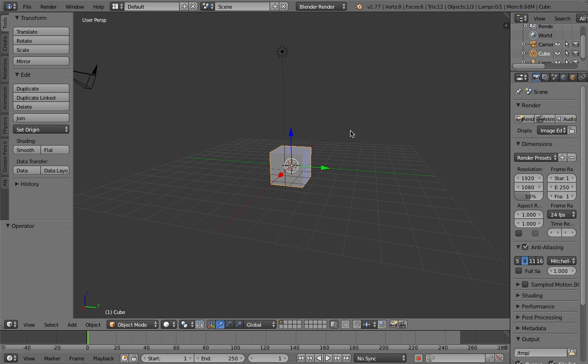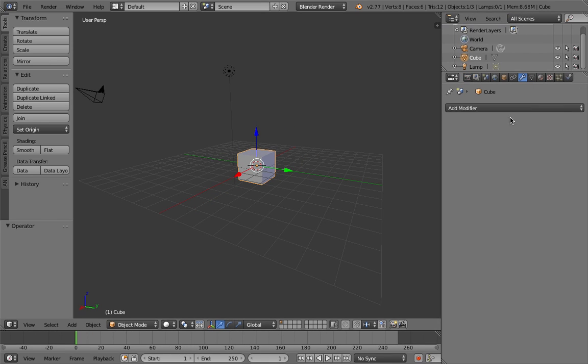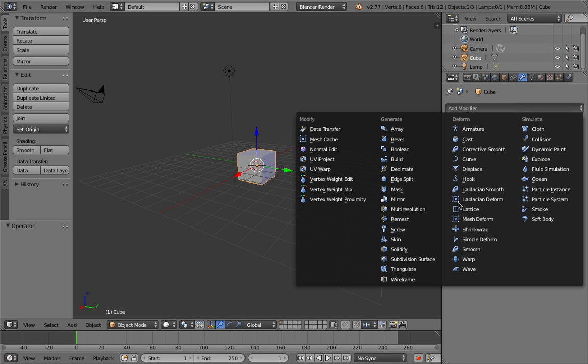Basically, we will be using the Blender displace modifier, which is this one, and measuring the distance between the original position of vertices and the displaced vertex position. With that value, we can trigger it to do something else.